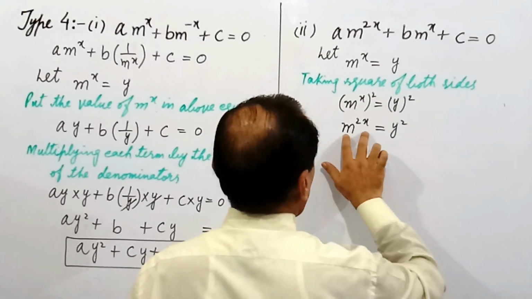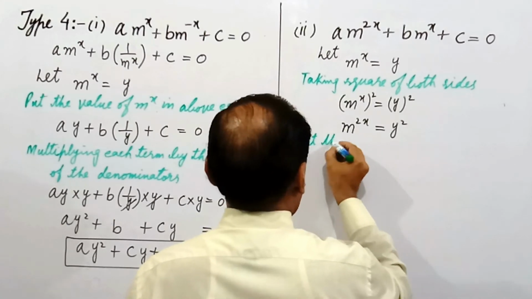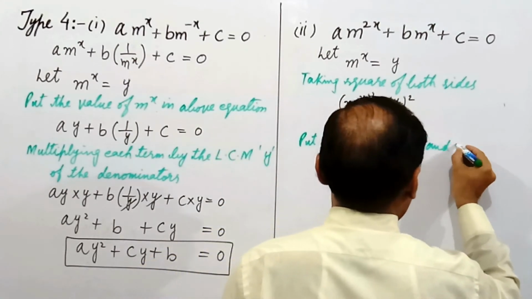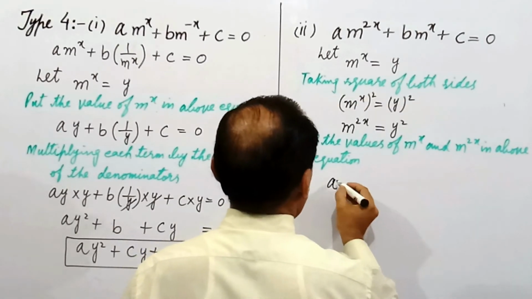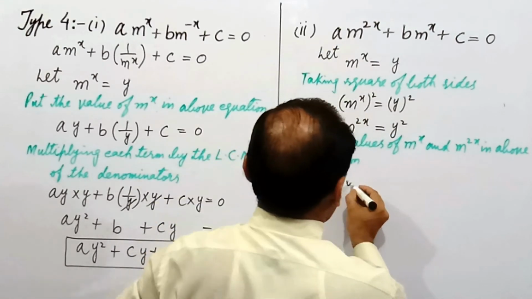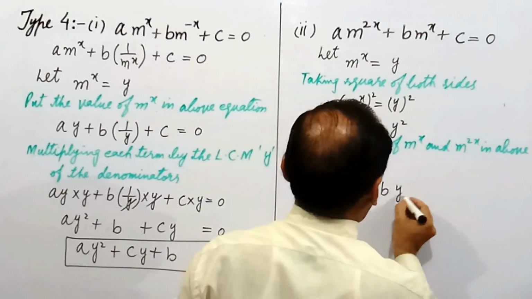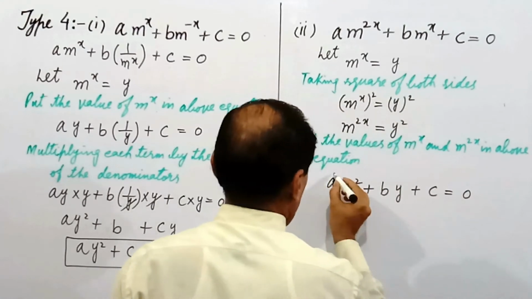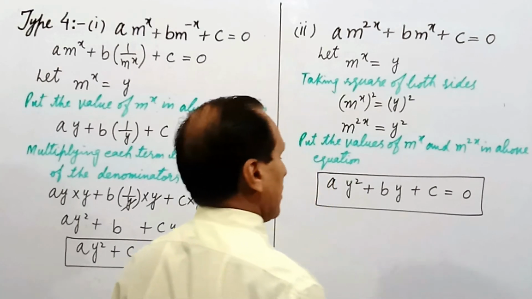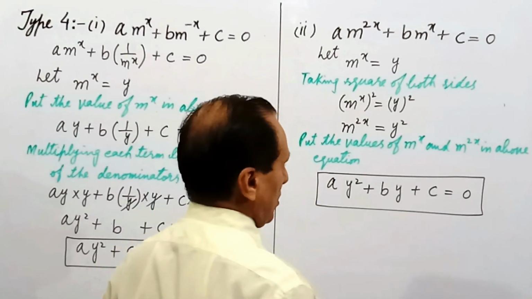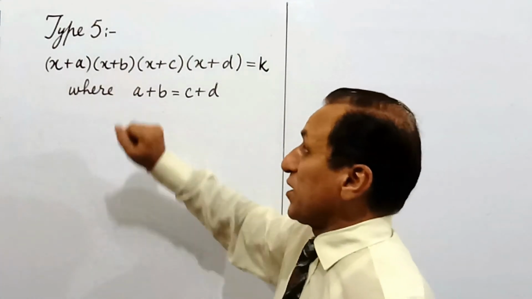Now we put the values of m raised to power 2x and m raised to power x to resolve into quadratic form. We have a, in place of m raised to power 2x, we put y square, whereas in place of m raised to power x, we put y, plus c is equal to 0. Hence we have the simplified form of such equations, on which we can apply either of the methods used to solve the quadratic equation. Students, if you are given an equation of the form of type 5,